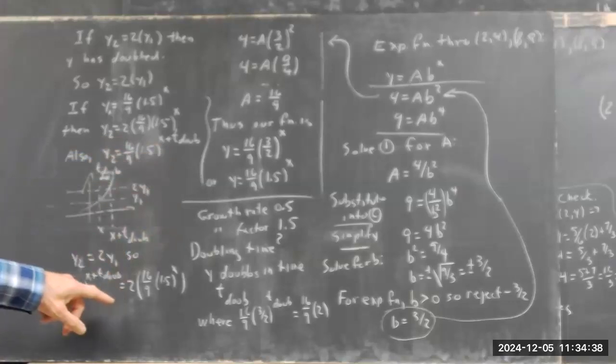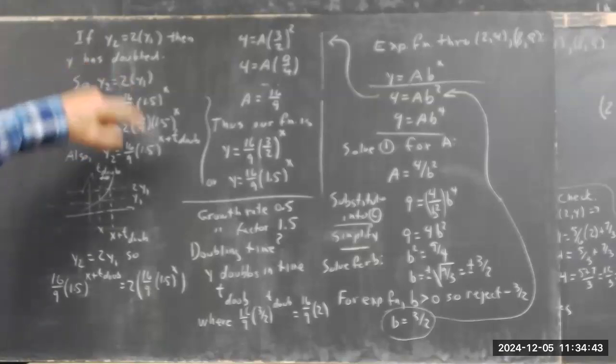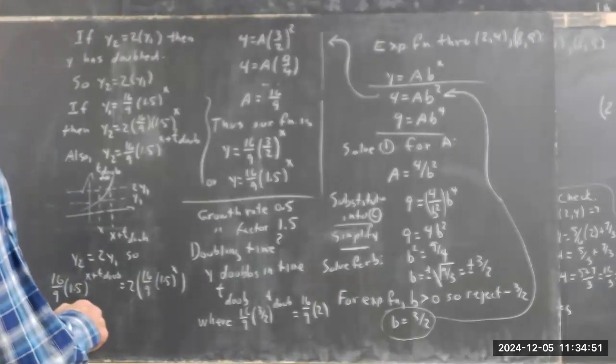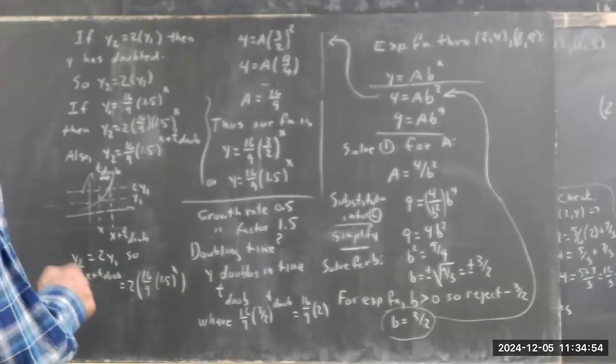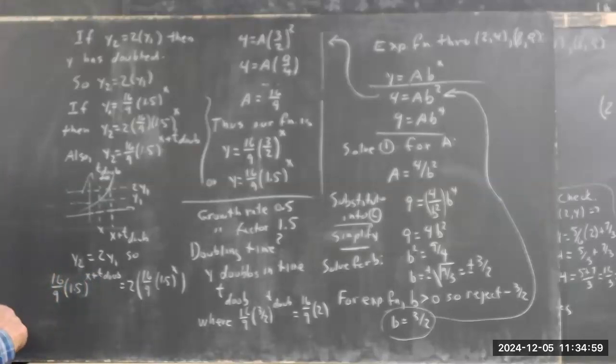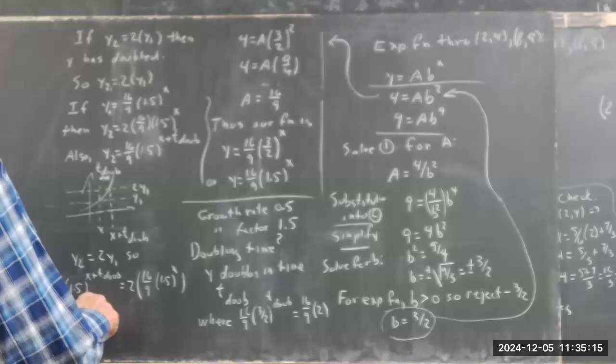Y1 is this. So 2y1 is 2 times this, which is here. So there's the equation we can solve. We can divide both sides by 16/9 or multiply by 9/16. Since 16/9 times 9/16 is 1, we end up with 1.5 to the x plus t dub